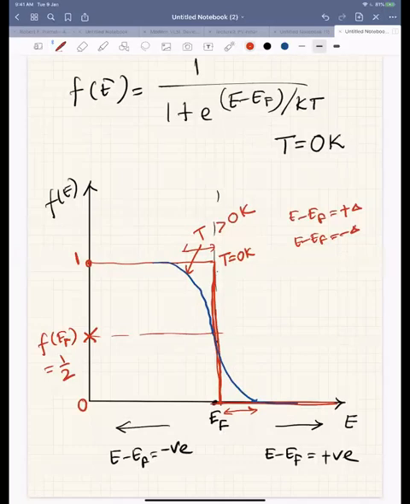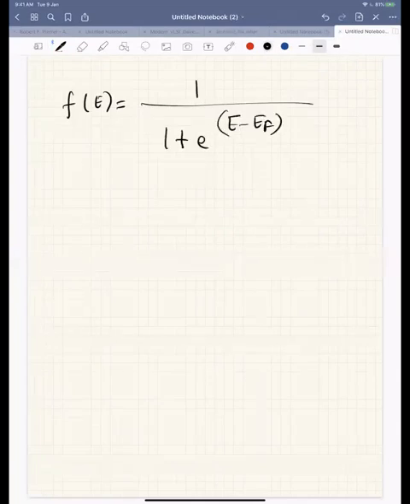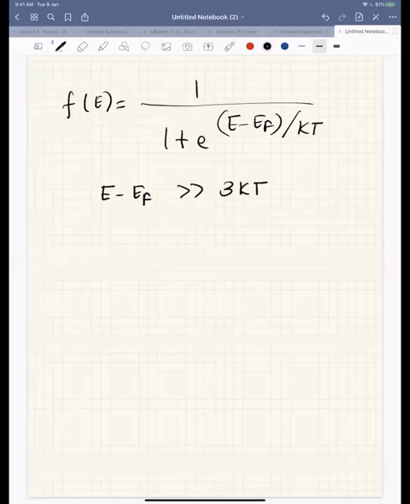But another thing is, Fe, let me write down, 1 over 1 plus e to the power E minus EF by KT. But here also we do some approximation. Let's say if E minus EF is more than 3 KT or 3 to 4 KT, that means we could write this Fe as 1 over